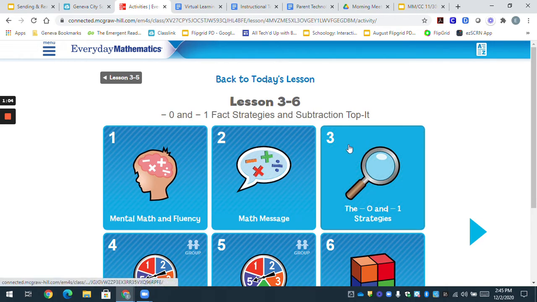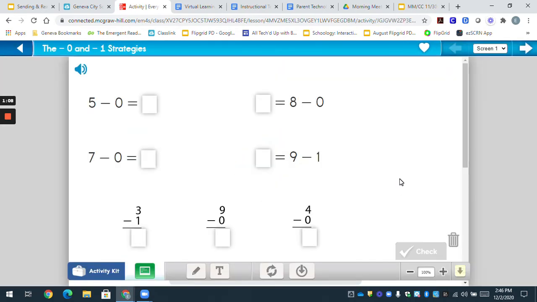I'm going to go ahead and click into tile number 3 so you can see what this will look like on your student's account. So you can see the different problems that students are being asked to complete. If I come right up in the corner, I can see that this tile has 2 screens. I can access the second screen just by clicking, or I can go ahead and click the white arrow to